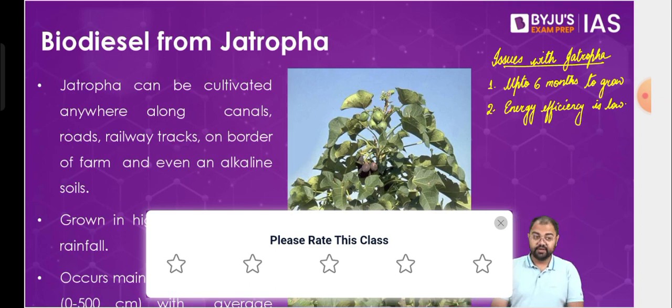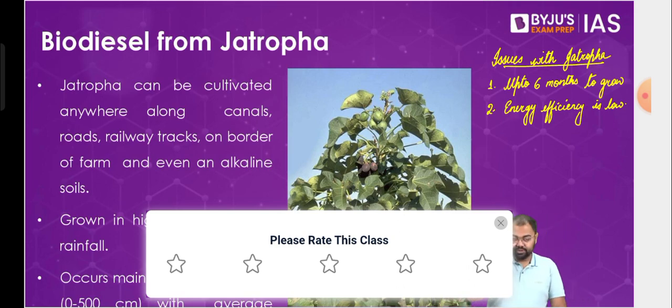Today it's not that we are not using Jatropha anywhere. We do see that Jatropha is still being used, but as an additional source. Initially, we thought this would be the primary source and change the entire landscape of energy in India, but that did not happen. Today there are a small number of cases. For example, a couple of years back, SpiceJet said they would start making jet fuel from Jatropha. These are some of the independent research or independent work.